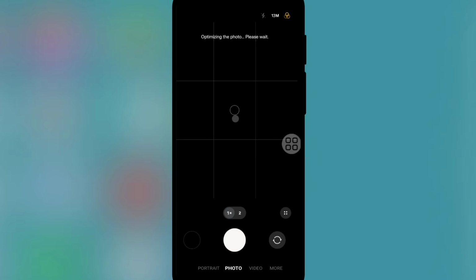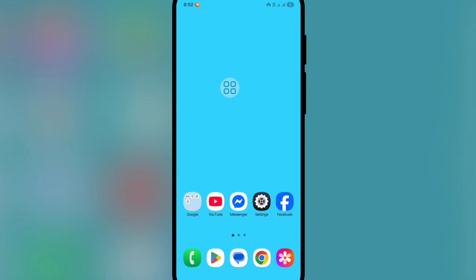In this tutorial, I'll show you how to fix the camera "optimizing the photo, please wait" error problem. For fixing this problem, first of all, go to settings option,